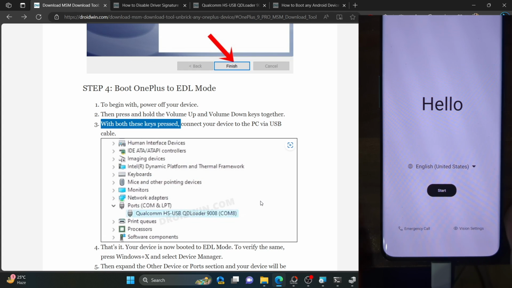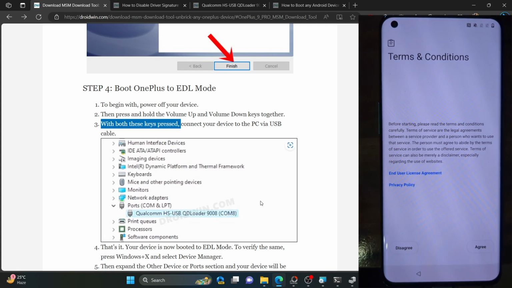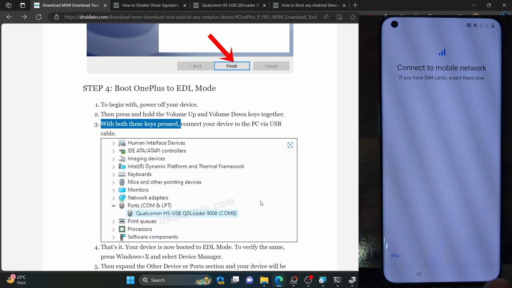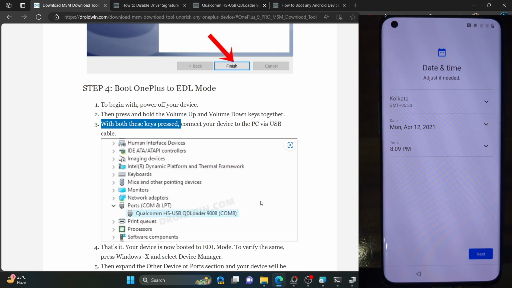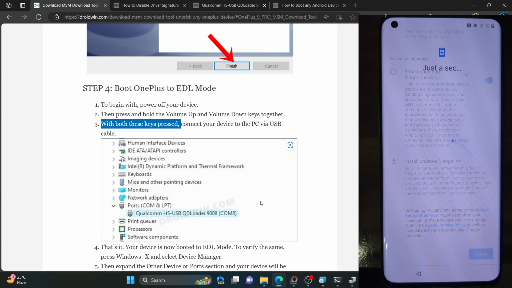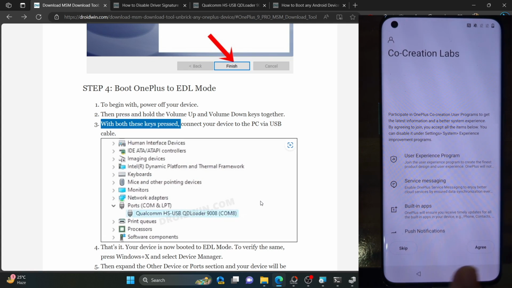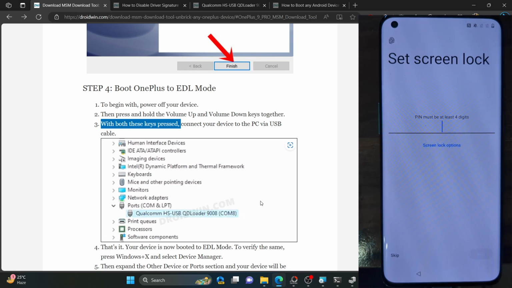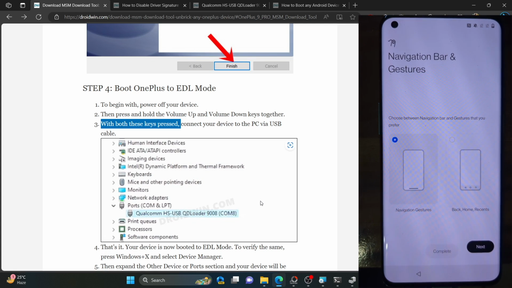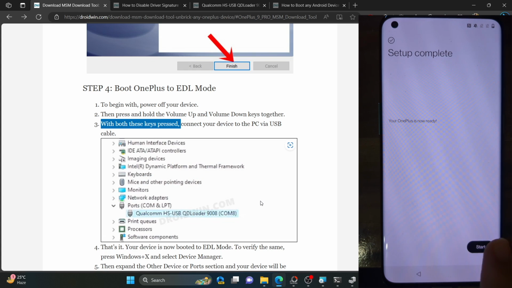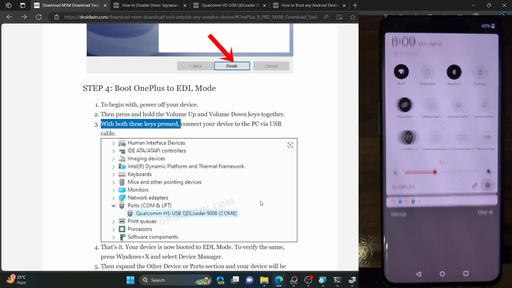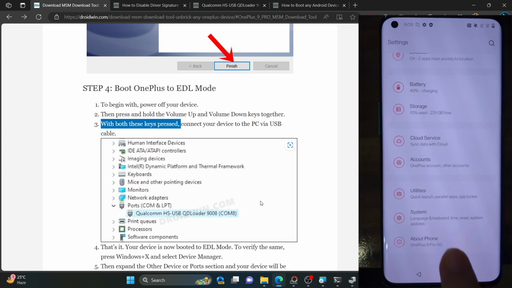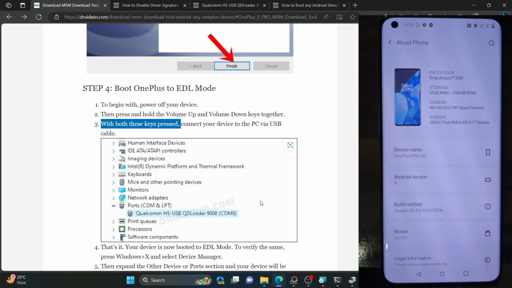So as you could see, our phone is now up and running. Let me simply do the setup process to show you the phone as well. Currently, I'm skipping the initial setup screen and taking you to the OS. It will just take a few seconds. So the phone that I am using is the OnePlus 9 Pro, but the steps are applicable across all the OnePlus phones that have an MSM tool. So with that said, as you could see, let me show you, it's the OnePlus 9 Pro and it's on the Android 11 version.